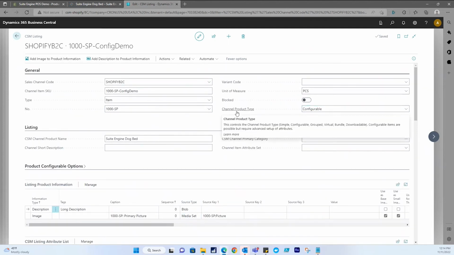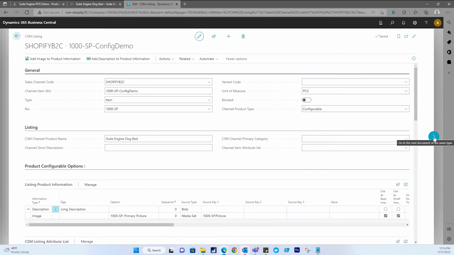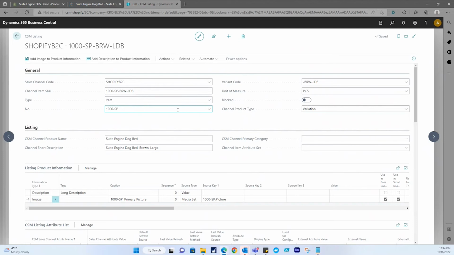And notice that the channel product type is configurable. Now we're going to look at an example of a variation item. And you can see for the channel product type, it's variation. And you'll also notice